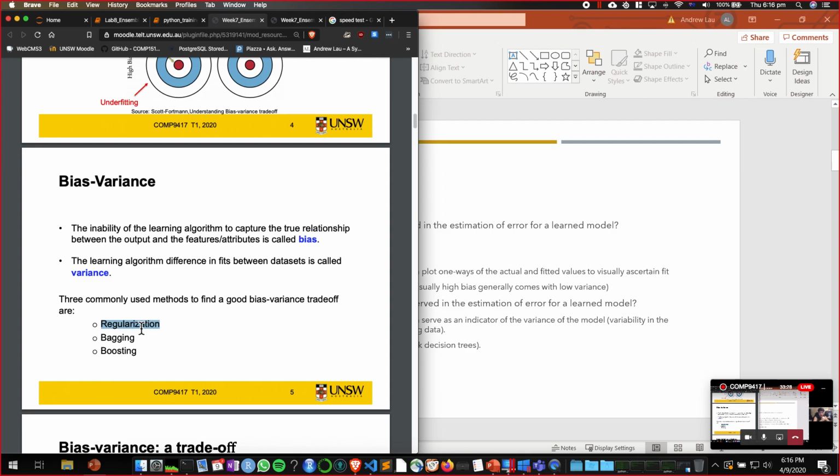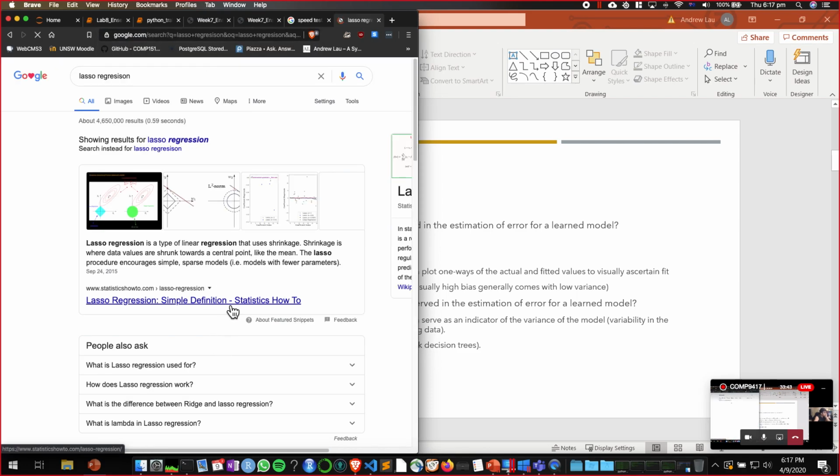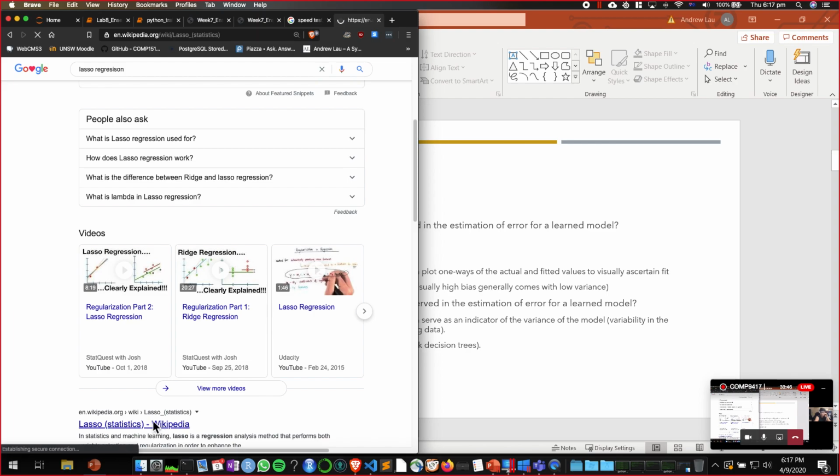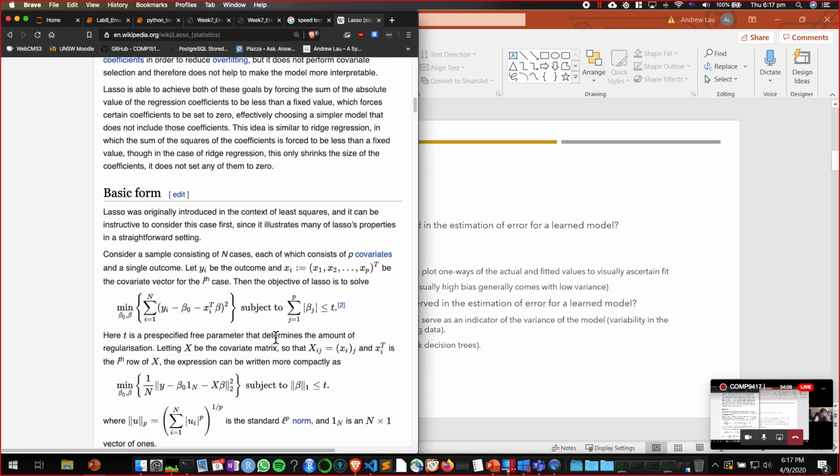So examples of regularization include regularized linear regression, for example your lasso regression and your ridge regression. So if I go to lasso regression, you might recall your linear regression in general, you have your mean square error. You have a cost function that you're trying to minimize, right? And with your regular linear regression, it's just your mean square error or sum square error equivalent. You're trying to minimize that. Now your lasso, it adds the